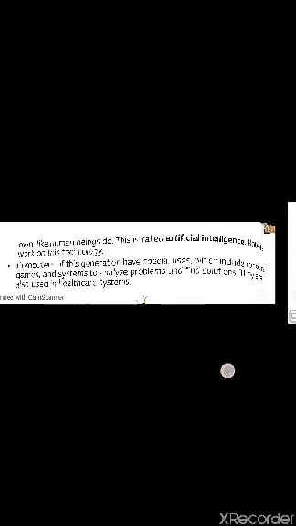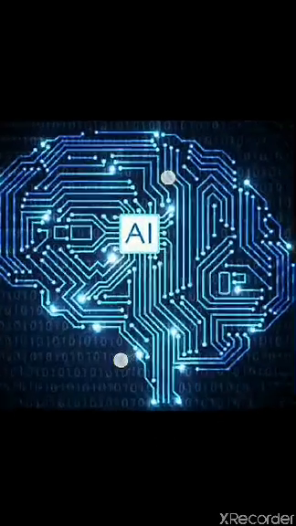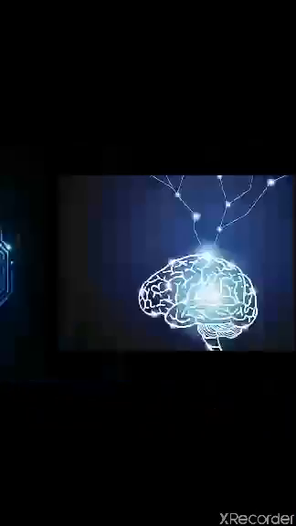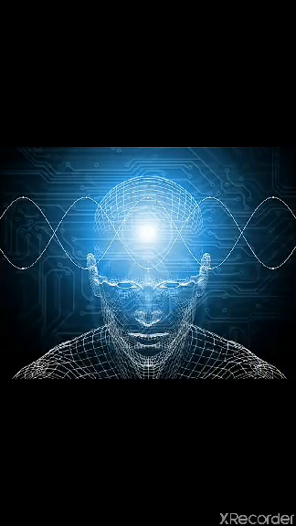This is called artificial intelligence. Robots work on this technology. That means, suppose you have given a wrong input to the computer, it will take the correct input instead of the wrong one, because they can think on their own like human beings. This is known as artificial intelligence. See, this is how the computer is built. Like human beings, they can think on their own. So fifth generation computers are being developed.